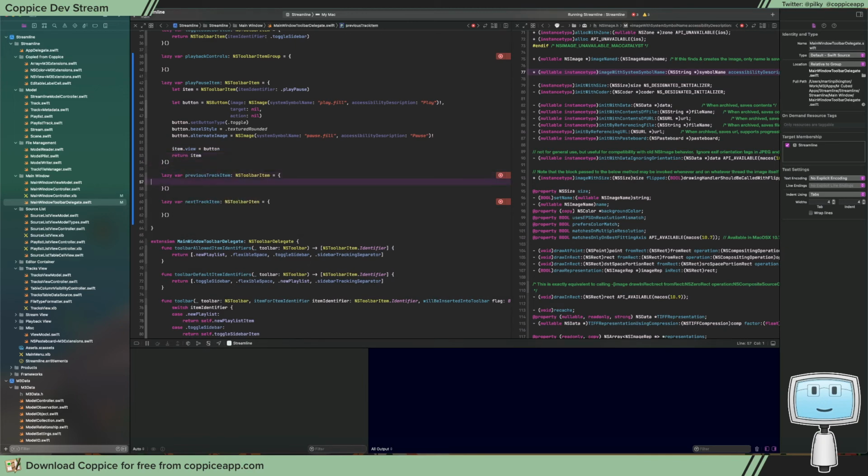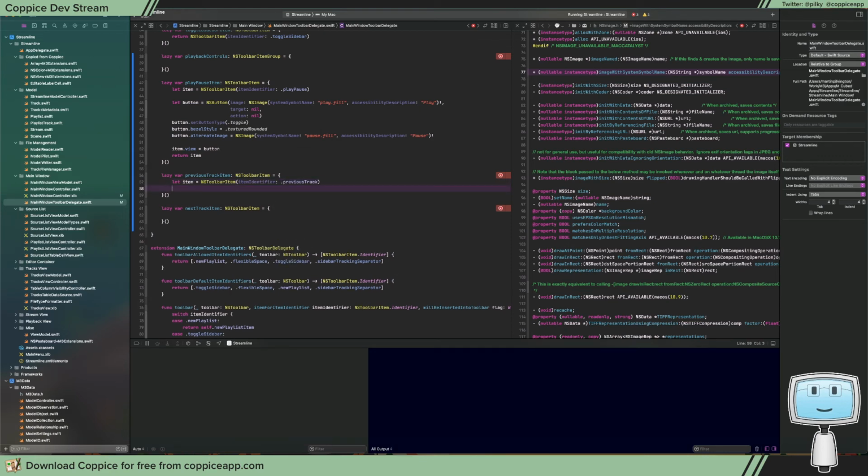Return item. These are going to be simpler because we can just use a regular toolbar item, because there's going to be nothing too problematic here. So item.image equals